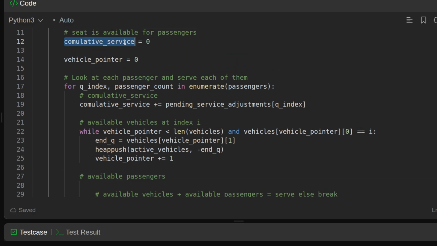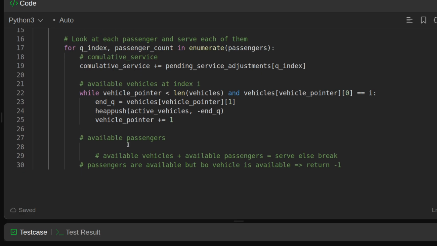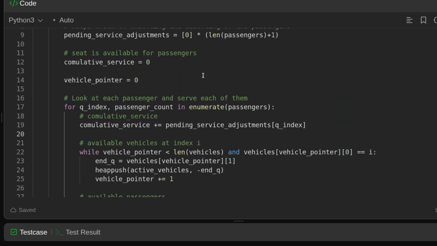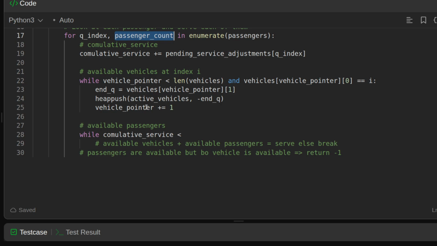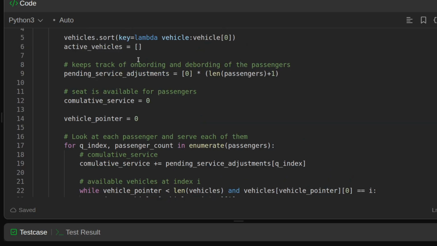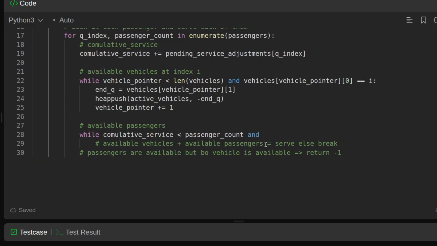Our initially cumulative services will be 0, so we say that while this cumulative service is less than the passenger count, we had passenger count somewhere, right? If this is less, that means there are more passengers and we have provided less services, and we have vehicles available, or active vehicles,